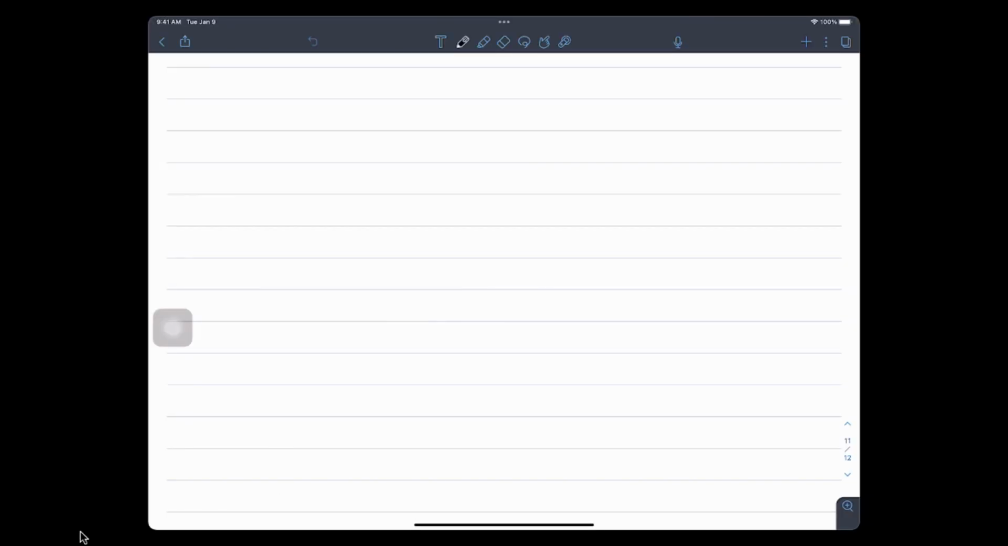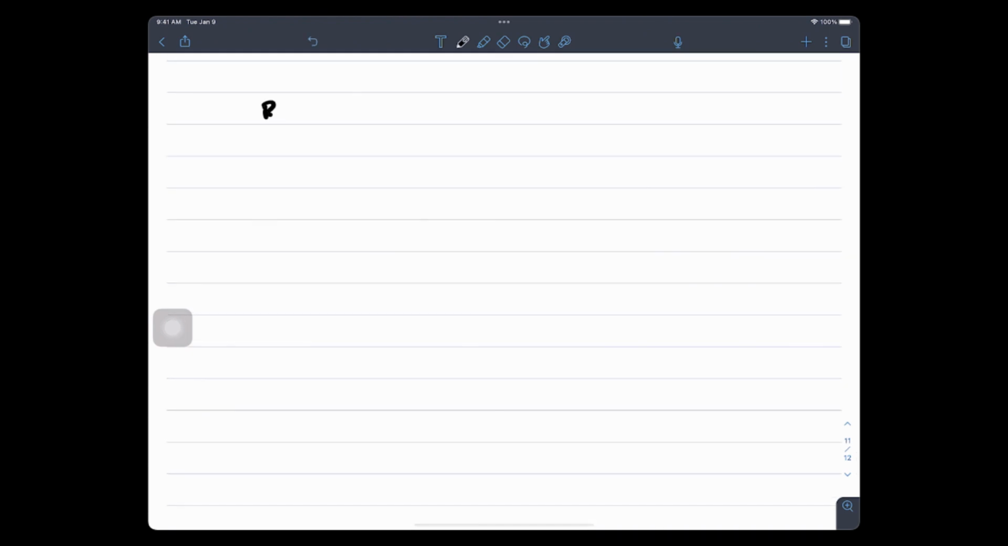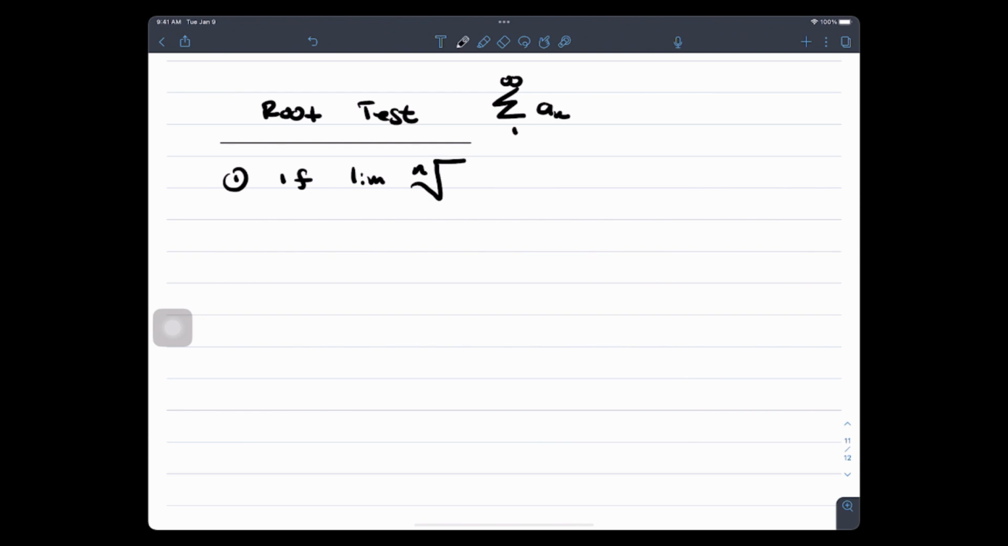What we want to look at today is some real simple questions, what's called the root test. Now you say the root test, yes, you have a series. If you look at the limit of the nth root of the absolute value of a_n, and that equals L, which is less than 1, then that means the series